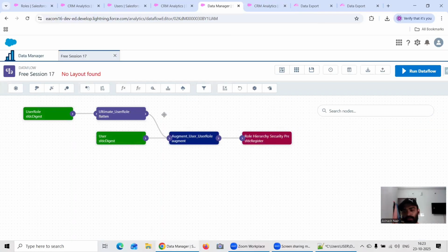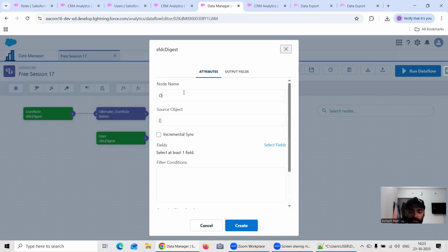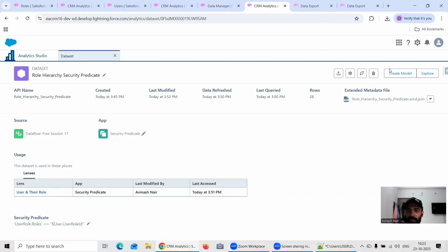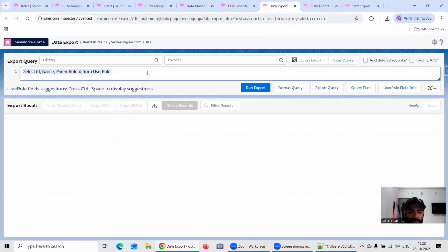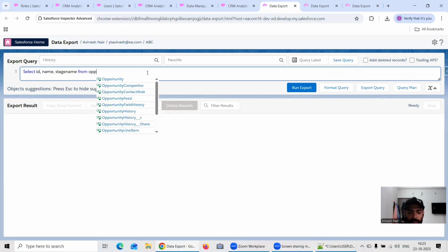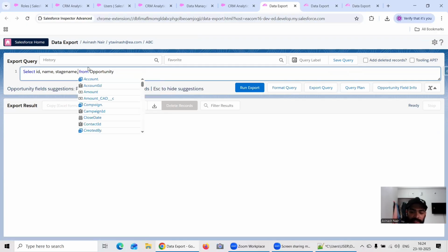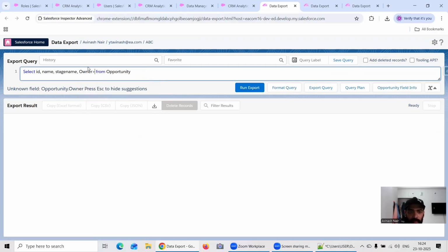These are users which you have seen. Now let's say you want to see the opportunity records or account records. In that case, you just have to bring in the opportunity. For example, I want to see the opportunity, and very quickly I will give a query on opportunity as well to check that out. So let's say I write: select ID, name, stage name from opportunity. This is fine. And after the stage name, let's say I write owner dot,